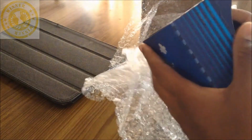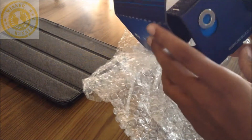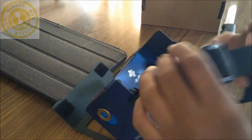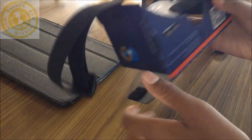Pretty compact, and it has good velcros and all this stuff. Let me go into detail on this thing. We have an elastic band right there, which is nice for an overhead experience. You don't want to always hold this in your hands. Then we got 2 bi-convex lenses for the